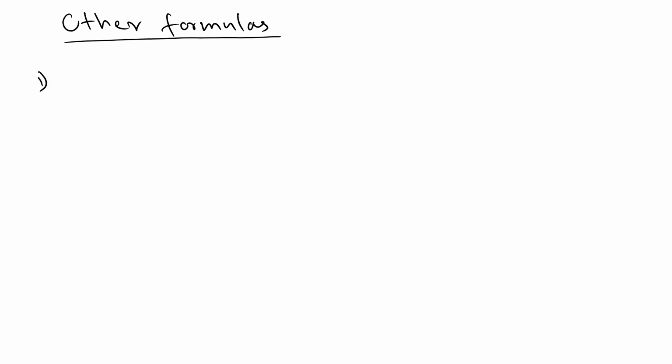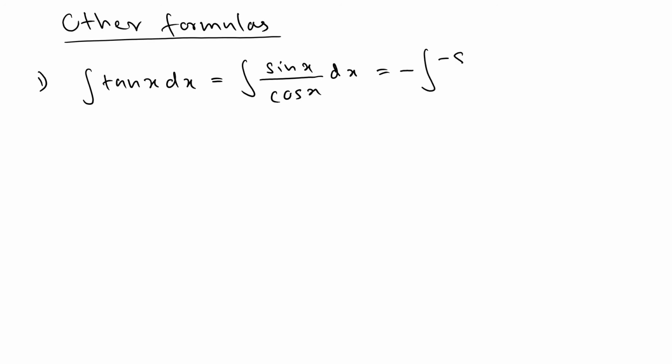One of the things that we talk about is how to integrate tangent, because that has a special format. So let's recall that. The integral of tan x dx. How we did this one was with the formula trick. We know that tangent can be written as sine x over cosine x dx, and the derivative of cosine is negative sine. So what we can do is put the negative sign outside and negative sign inside,